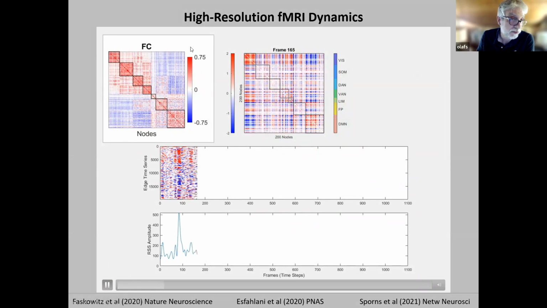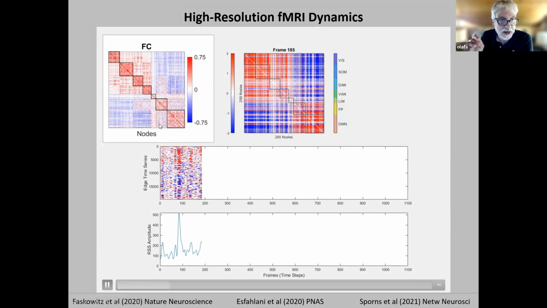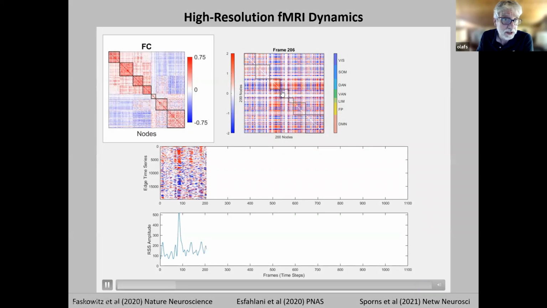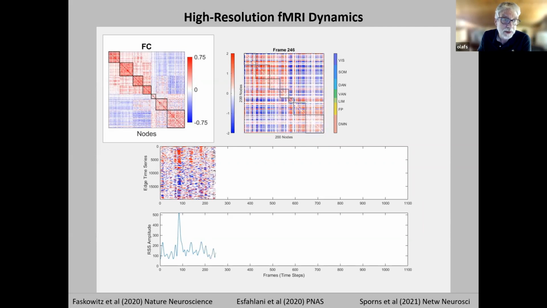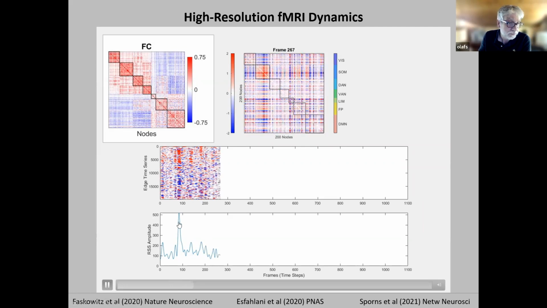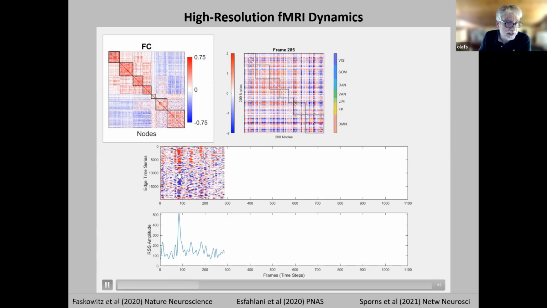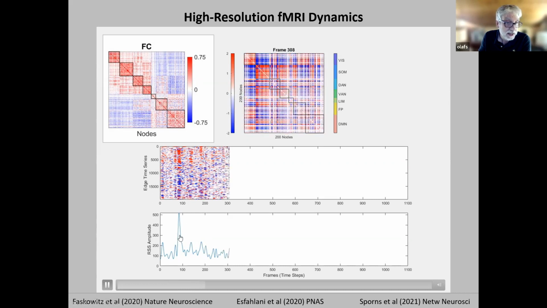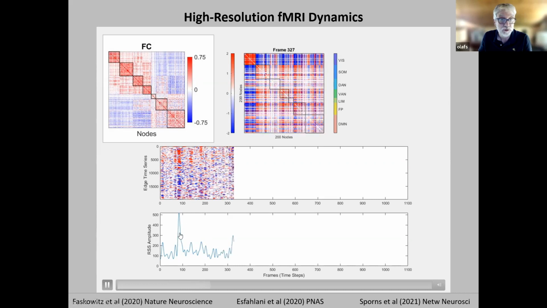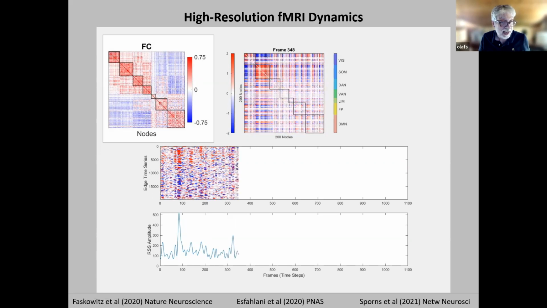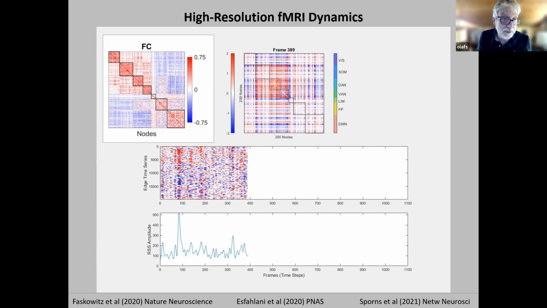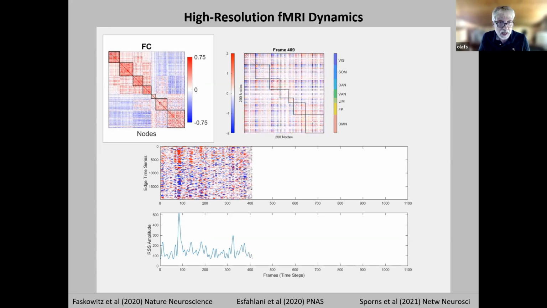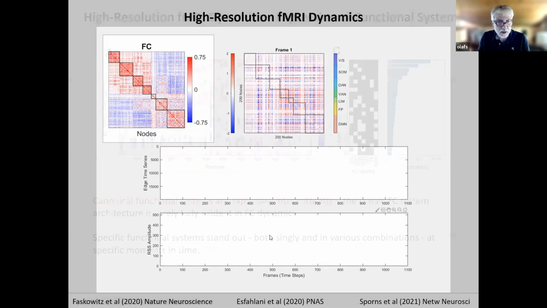So the construct on the left is familiar to all of us. We've talked about it all day. The construct on the right is the moment-by-moment contribution that the bold time series make to that construct. As you can see down here, the edge time series display this stripiness and event-like fluctuations. So this is really fMRI dynamics at a very, very fine time scale of 1 second, or in this case, 720 millisecond time resolution.